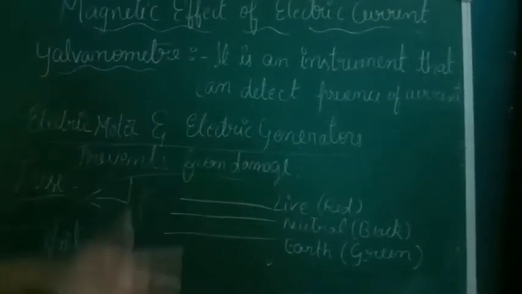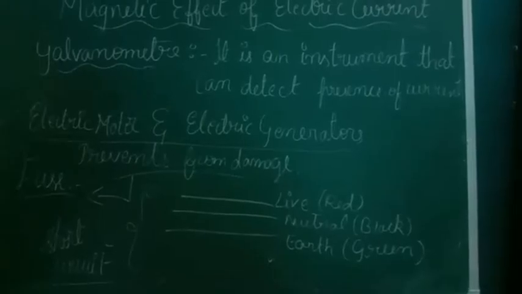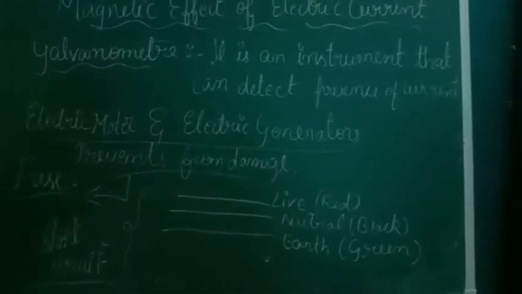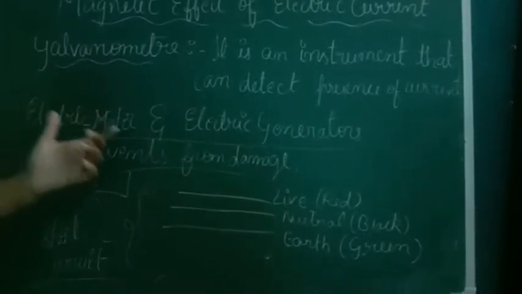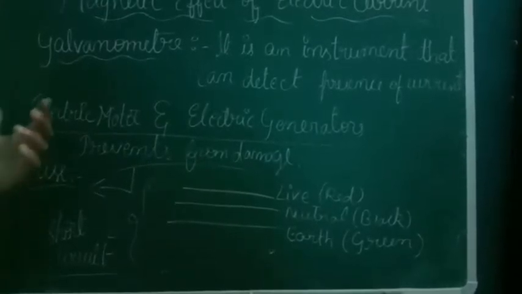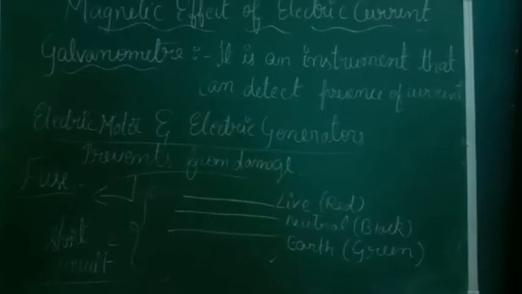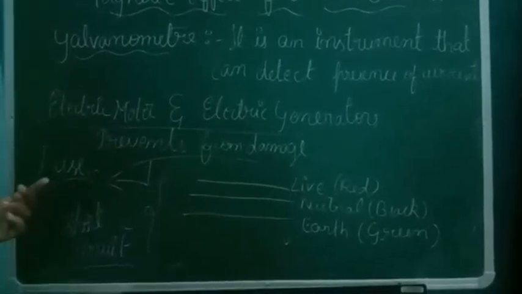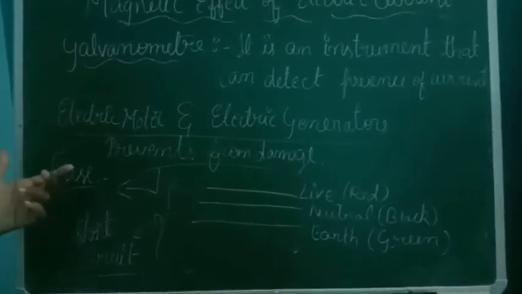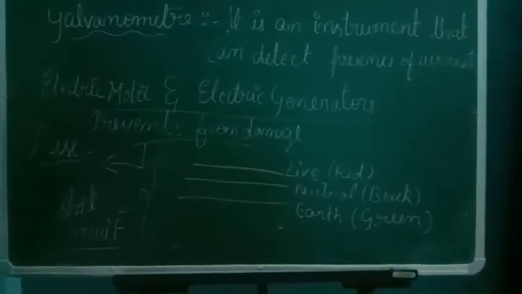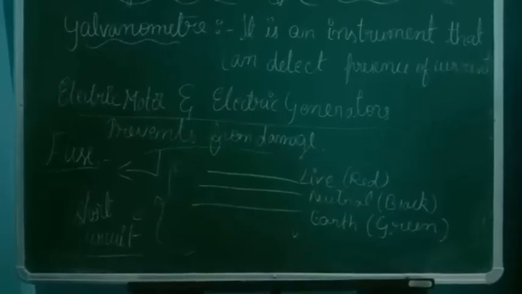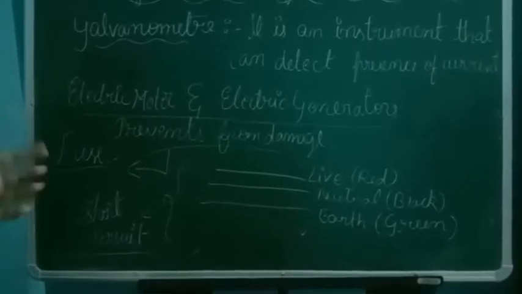Okay, electric motor and electric generators, a diagram is very, very important, students. Refer to your textbook for the diagram. In these two equipments you can see the galvanometer. Now coming to the circuit, there is a term in an electric motor or in a particular main switch. Everybody has a main switch at home, right?